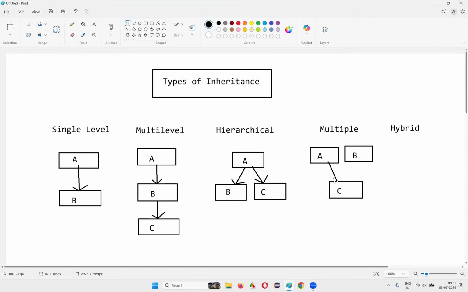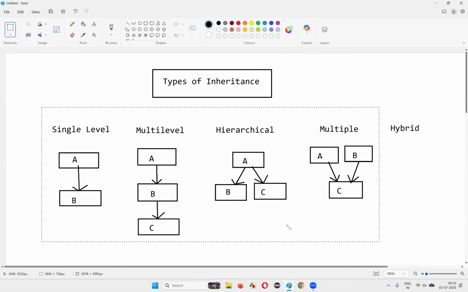So here class C is a child class of the parent class A. At the same time, class C is a child class of the parent class B. That means class C has two parents. This is called multiple inheritance, where a single child class having multiple parents is called